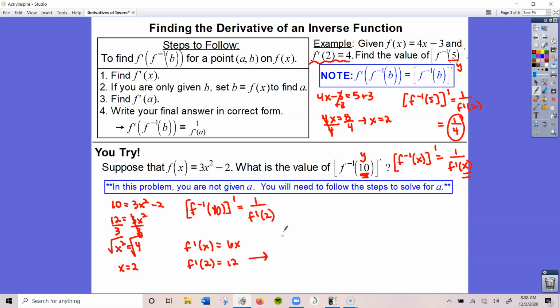Therefore, f inverse of 10 prime is equal to 1 over 12. So